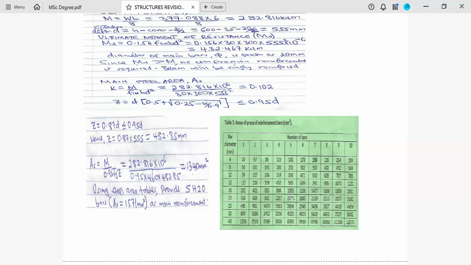Although someone else will take 1407, and then he will rule out that is 16, that is 7 16 diameter bars. But now at some point we also look at the practicality, because it might be difficult for